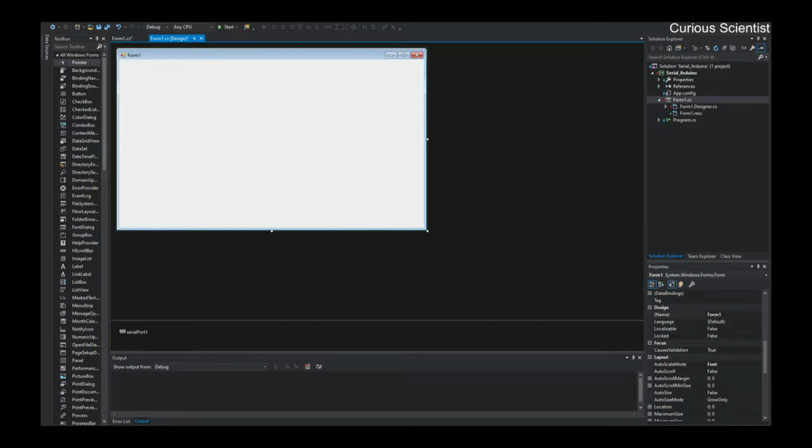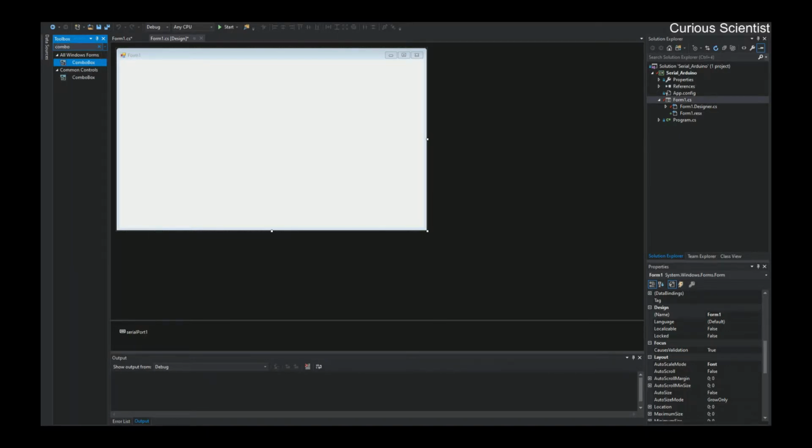What we want is to be able to select the ports, because what if there are many USB connections occupied by different hardware, and you want to select the Arduino and not your USB sound card, for example. For this we need a so-called combo box, which is basically a drop-down list. So we put it here, and we go to the right corner and we give a name for this combo box,